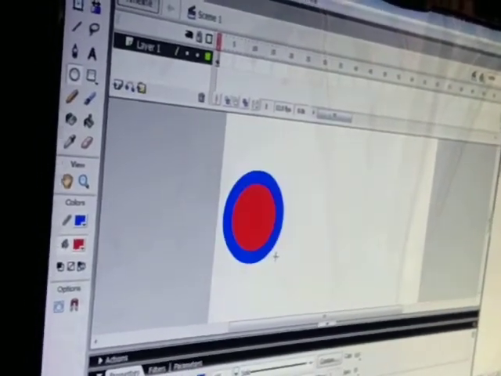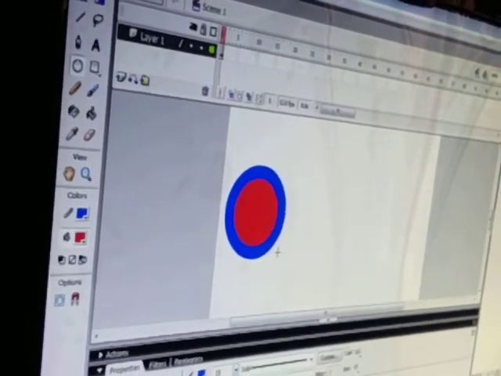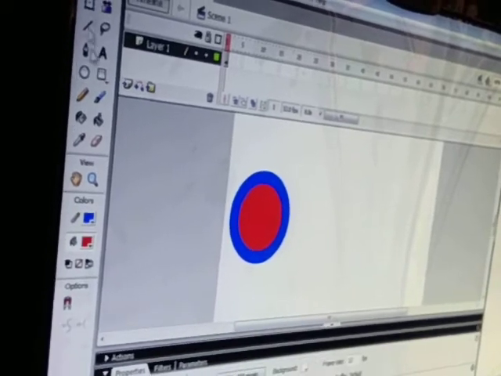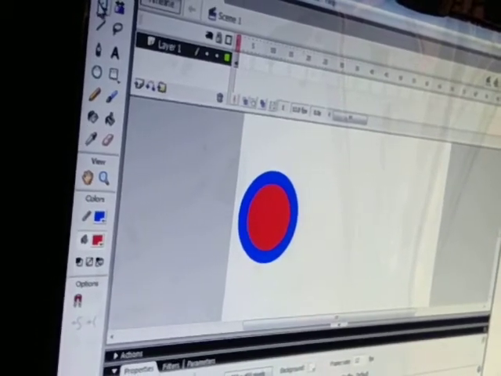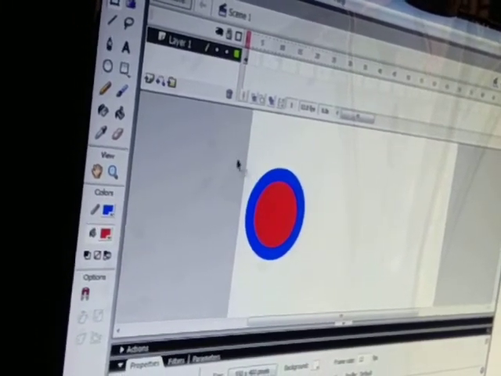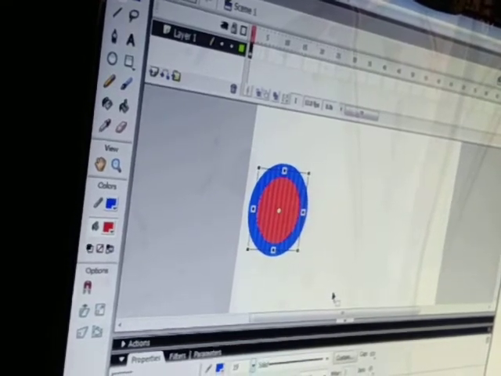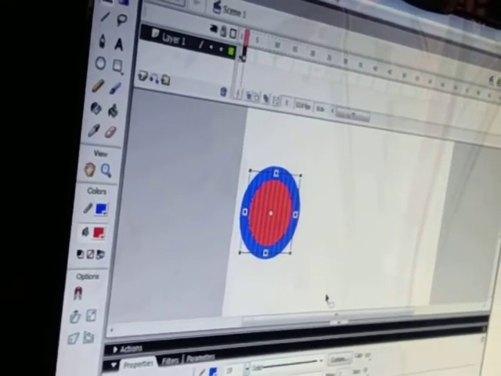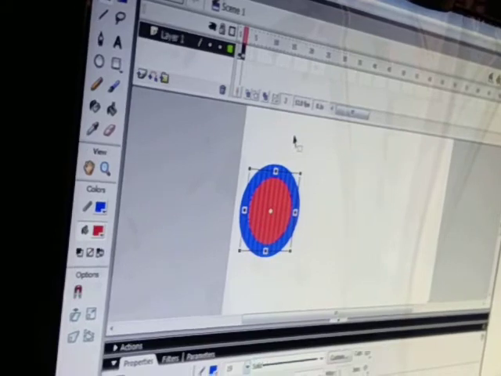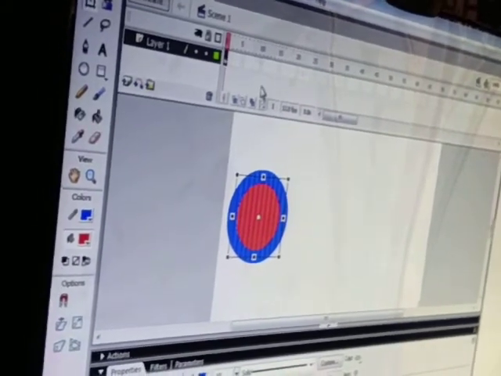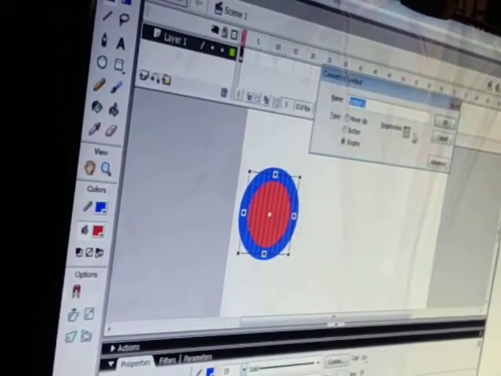See that, one circle I have drawn here and convert it into a symbol. F6 and then Control Z, F8, convert it into a symbol.